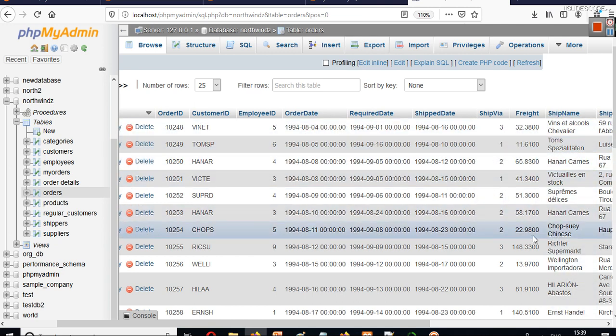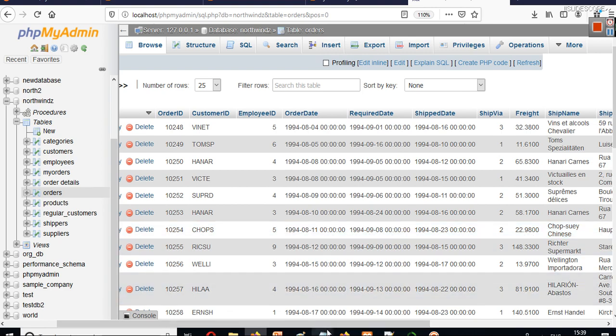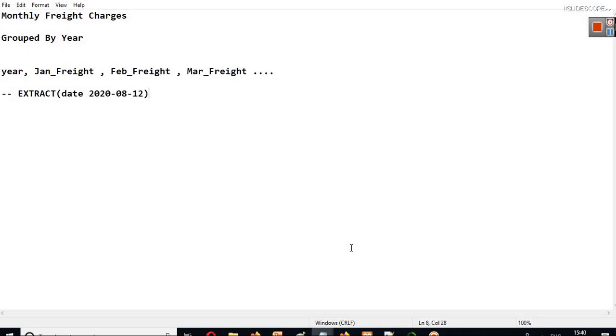Suppose you are running a store, selling something in a store. On the first day it collects, let's say, 10 rupees, dollars, whatever you want to call it. On the second day it collects 15, on the third day it collects 16, on the fourth day it collects 18 and so on. So what is the total collection so far?